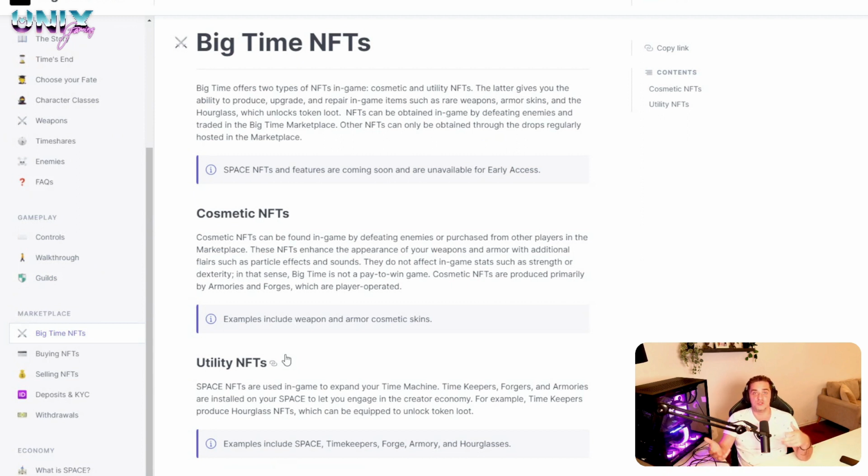So you can either choose to keep it for them, right? Or put it on the marketplace and sell them. And there's also the utility NFTs. The utility NFTs right now is the space. And about the space,